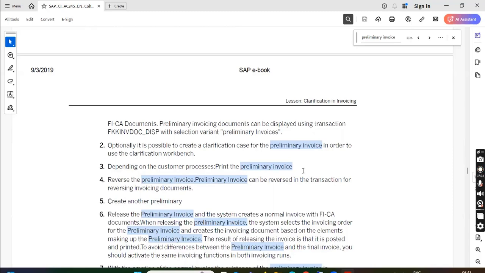Print the preliminary invoice. The preliminary invoice can be reversed in the transaction for reversing an invoicing document, because it may happen that the sole purpose of creating the preliminary invoice is for them to agree. They may not agree, so in that case we will reverse it and create another preliminary invoice. Then finally when they agree, we will release the preliminary invoice, and the system creates a normal invoice with